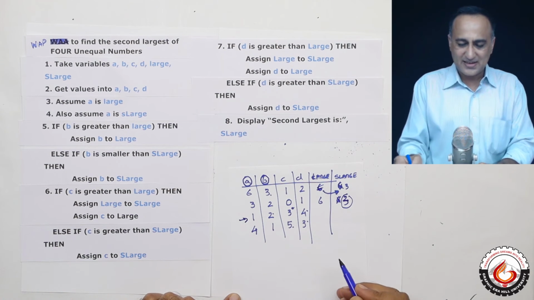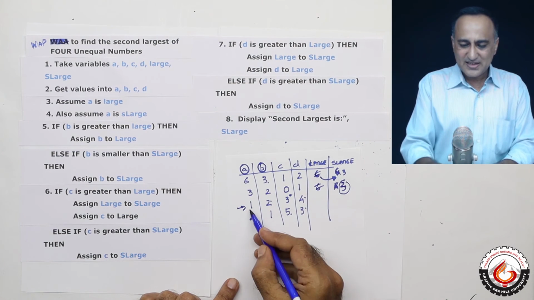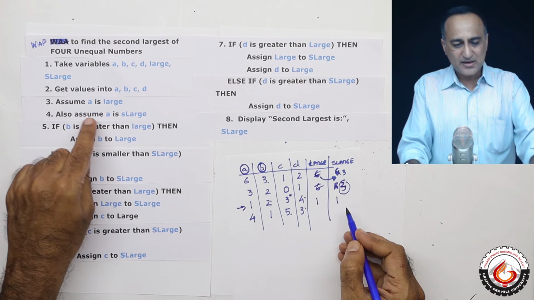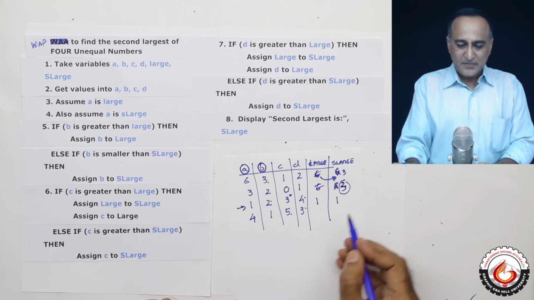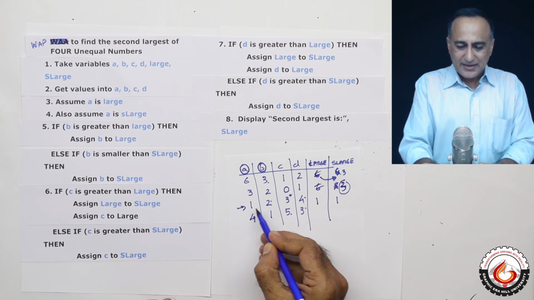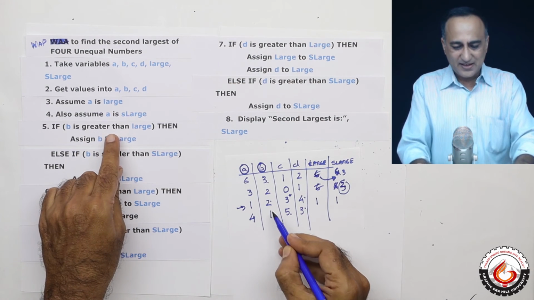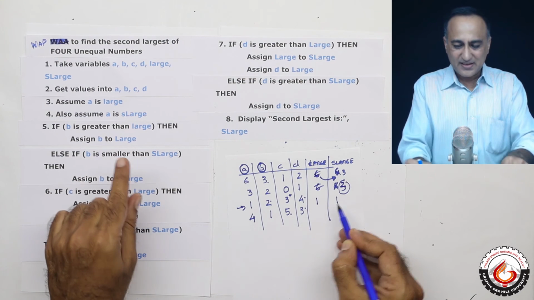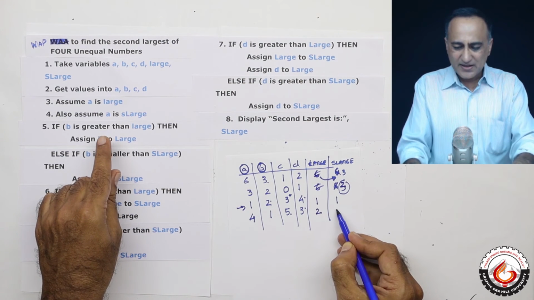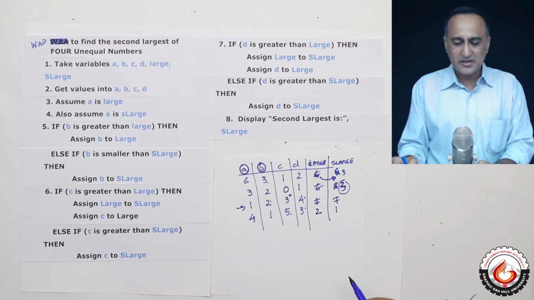Let's take this line here. In this case, my large and second large initially are going to be 1, because I'm assuming large to be 1, second large to be 1. Now the next question is, is 2 greater than A? Yes. Is B greater than large? Yes, 2 is greater than this 1 large here. So I will just replace large with this 2, and the 1 does not change because 1 is my current second large. So I have processed B now.